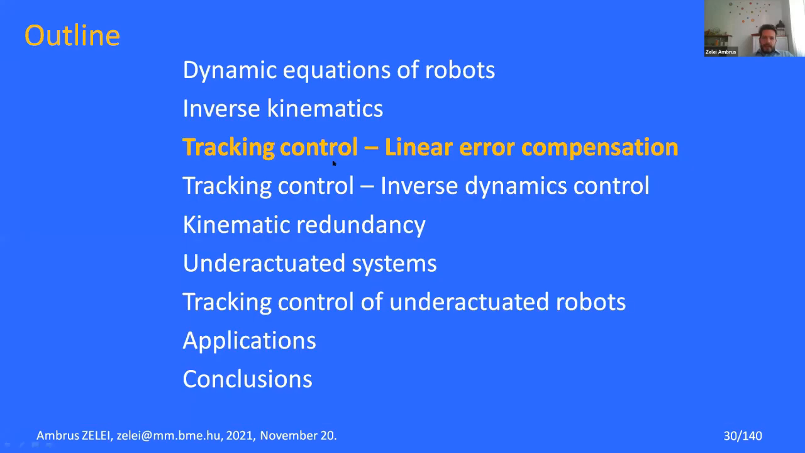And I would like to speak about 2 different kinds of control strategies. I think the first one was mentioned as a distributed joint control, and the second one, which I call inverse dynamics control, can be handled as a